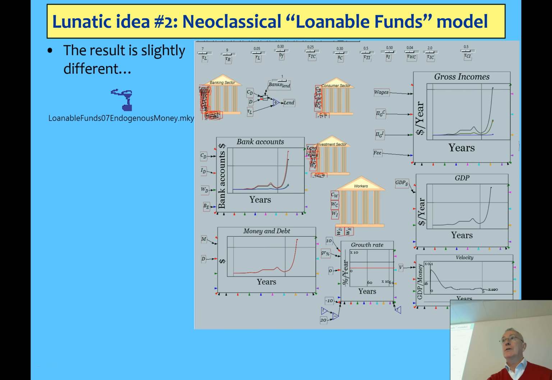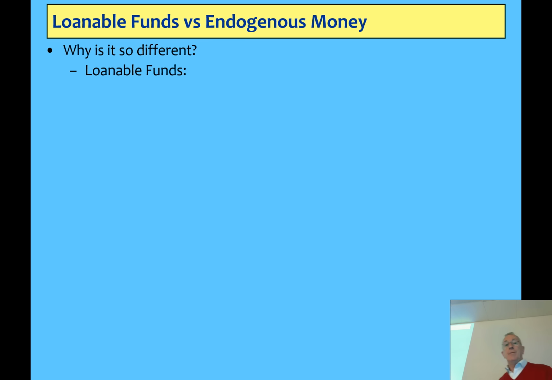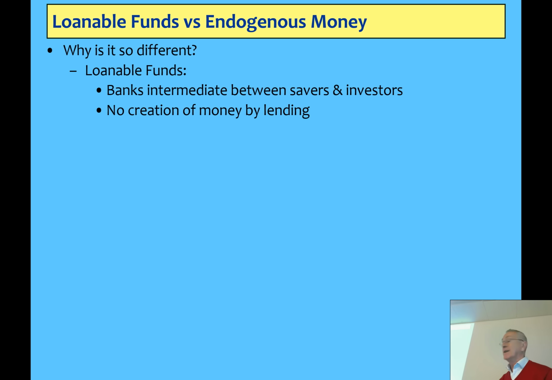Okay? What's also changing GDP is lending. So lending is not just creating money, it's creating demand and income at the same time. This is the point I want to clarify, because it's still something that's being disputed in post-Keynesian economics. You look at loanable funds, all you've got is banks intermediating between savers and lenders, no creation of money and no creation of additional demand, apart from the change in demand by allocating money to somebody who spends it more rapidly than somebody else. That's the only way you can get a change in GDP in that model.